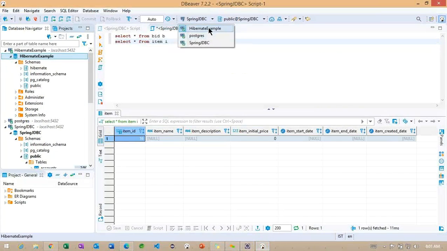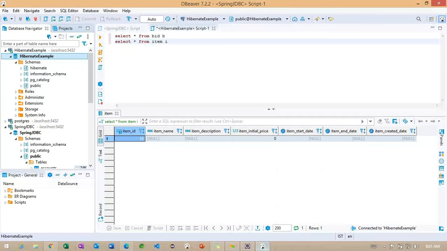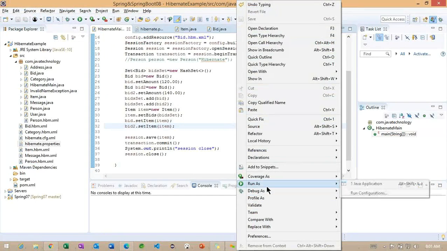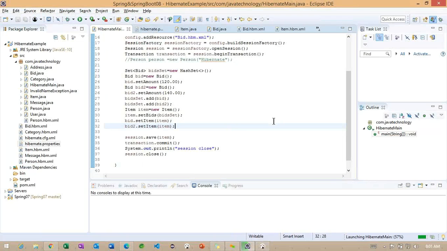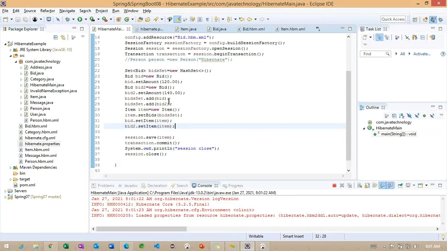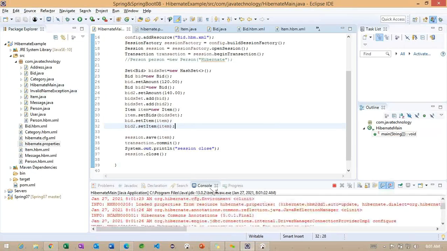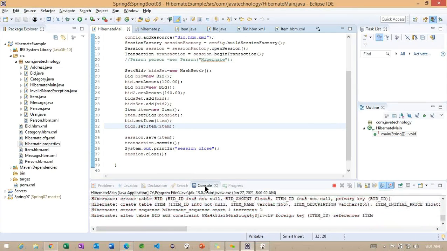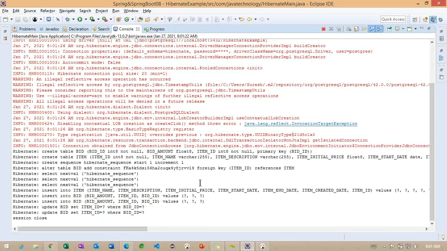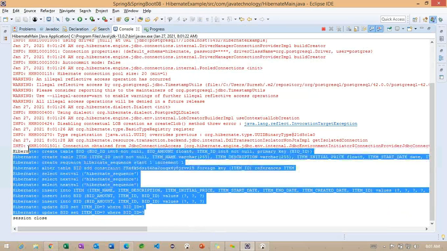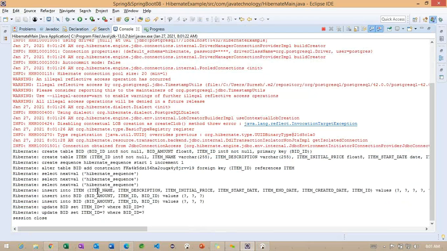So what I can do, I will connect the Hibernate database. So the Hibernate example database here. We did not see it because we copied that from the previous example which we were working on with JDBC. Right. Now you can identify here, these many records are created, and now you can check, I guess, the Hibernate sequence here, something called tables, everything is created.